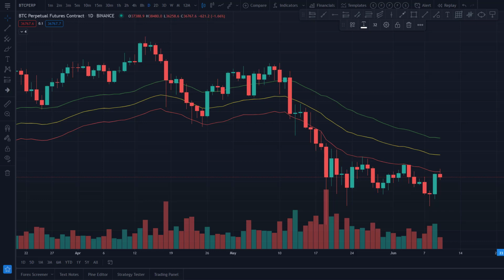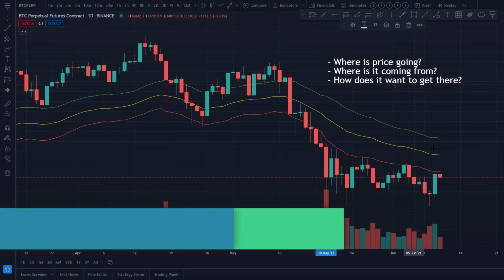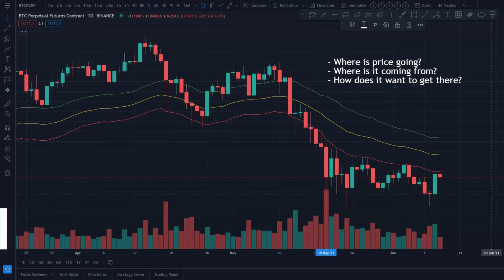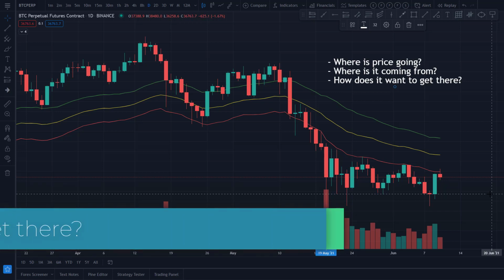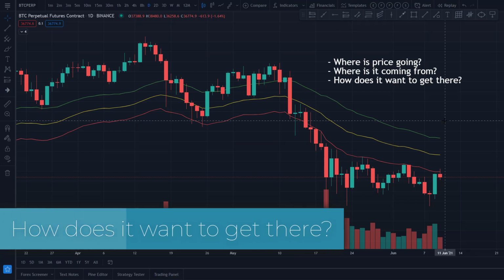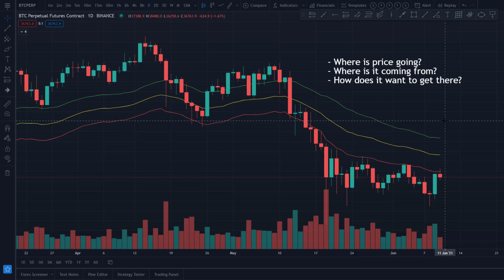They're going to be so simple, you're going to discount them, and you're going to say, how can I possibly build a trading system that's highly effective around them? Well, it's real simple. And this is basic, but it's, where is price going? Where is it coming from? And how does it want to get there? Every time I look at a chart, and I do algorithmic trading, I do all types of trading in different markets, these 3 questions are the core.